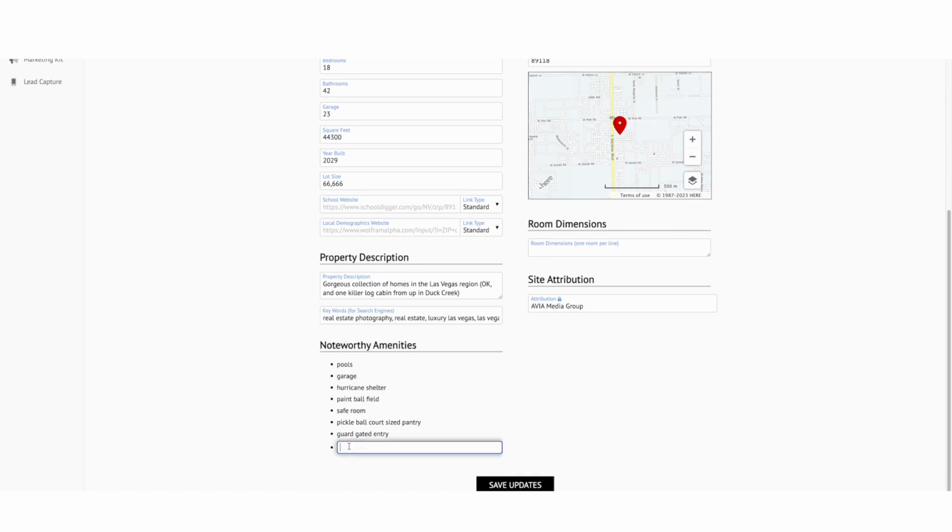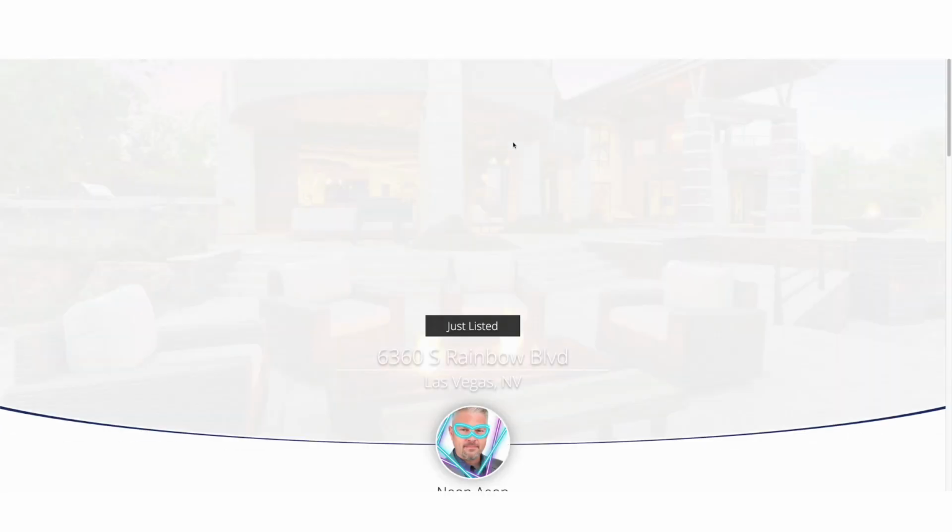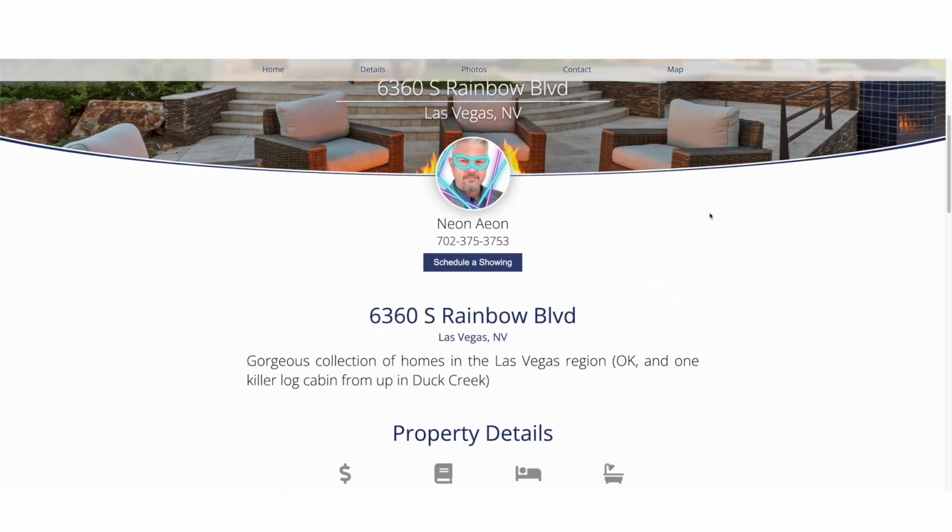Anytime you fill something else out, like let's say big green grassy lawn, and you hit enter, that creates a new bullet point. You hit save updates. When you hit save updates, once all this is filled out, like we changed this and we added an amenity, if we go to preview site, we'll see